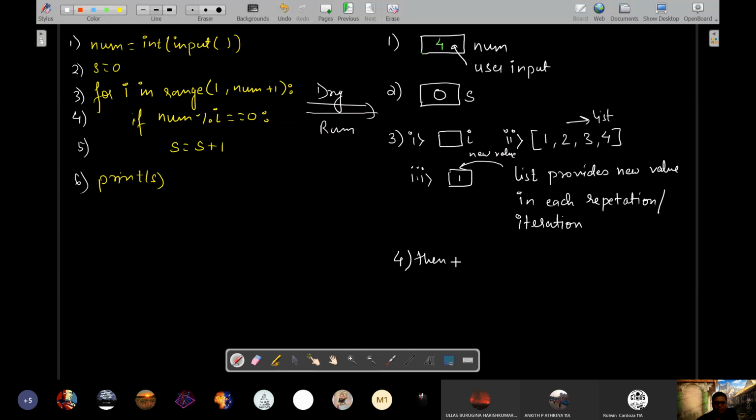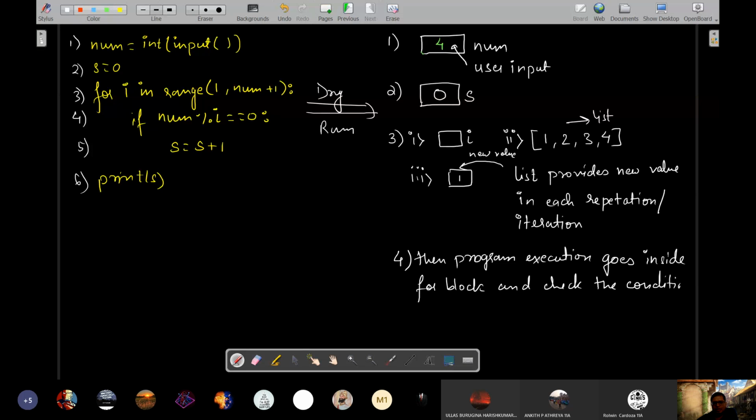Then program execution goes inside the for block and checks the condition in the if statement.